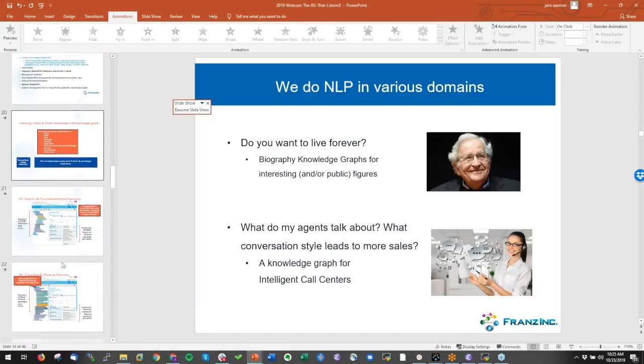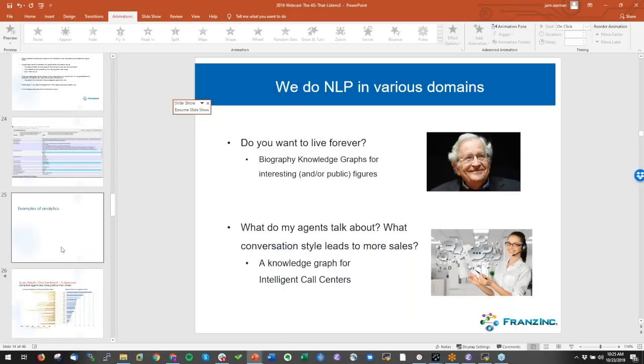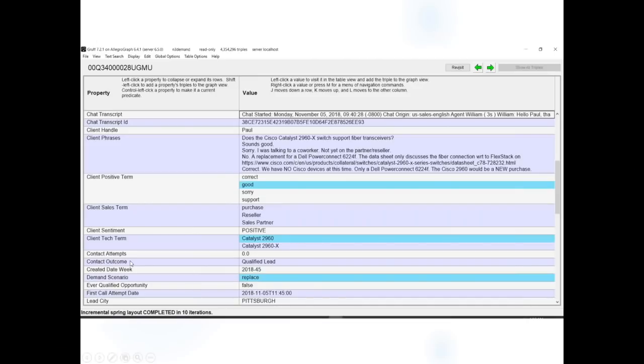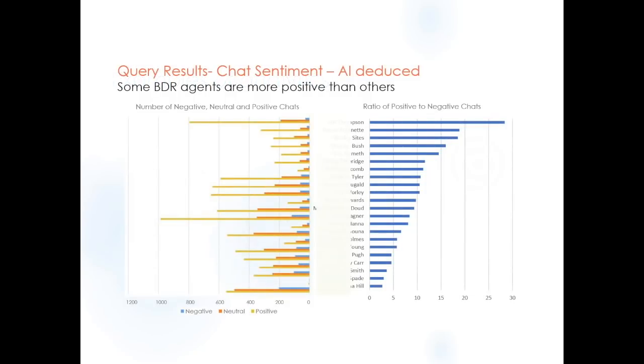So where was I by now? I was here. Yeah, so what do we do with this? We have data now in the knowledge graphs, and we can start looking at, so here we graph out the names of the people in a campaign. You can look at, say, the number of negative, neutral, and positive chats, and you don't see much if you do it this way, but if you take the ratio, you see that some people are many, many times more positive than other people. This is something that really helps you understand when a particular sale gets done or not, depending on the positivity.